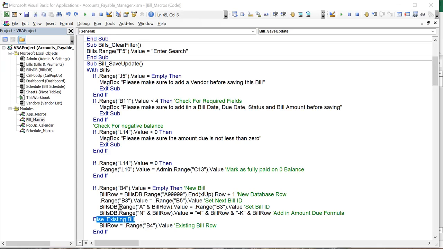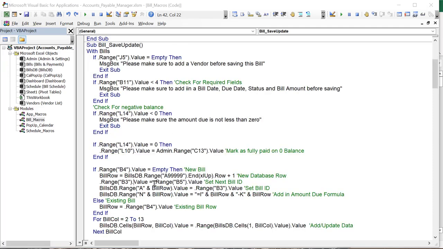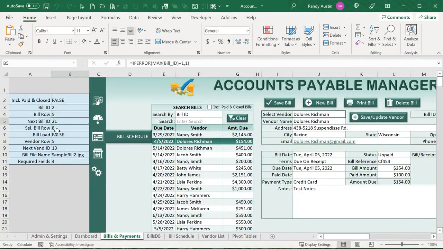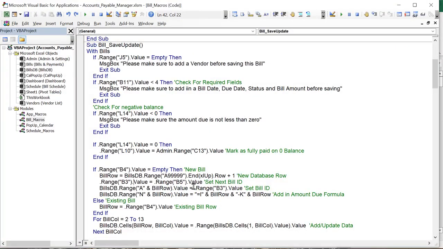Else it's existing. So if it's a new bill, I want to add a new database row based on the bill's database. I also want to set the next bill ID. That next bill ID is using the max formula based on bill right here inside B5. So we're going to do that right here. And then I want to set that brand new bill ID